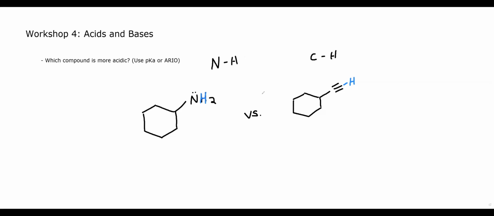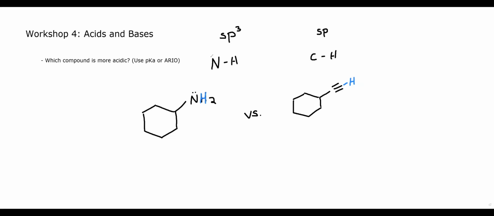Okay. Let's look at resonance. There's no resonance occurring here, right? There's no adjacent double bonds here, so we don't need to consider resonance. Induction, there's no induction occurring here. However, we can consider the orbital. The NH2 is going to be in an sp3 orbital. This is just your standard tetrahedral nitrogen, so sp3 hybridized. The CH is in an sp orbital, because it's on a triple bond. And remember, the triple bonds are much more acidic than double or single bonds because we have more s character. So that negative charge is closer to the nucleus and more stable,